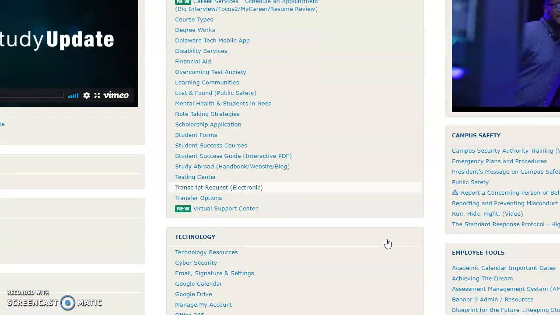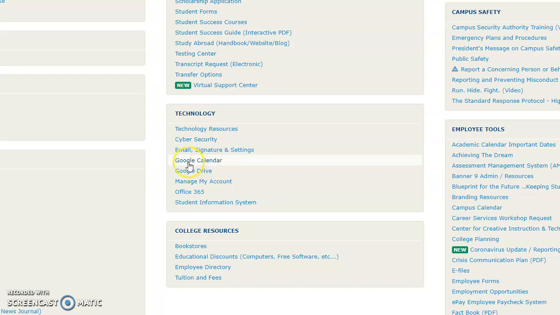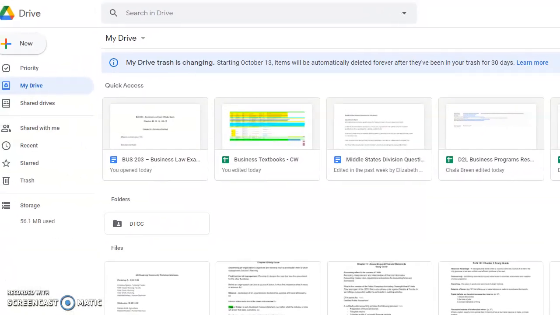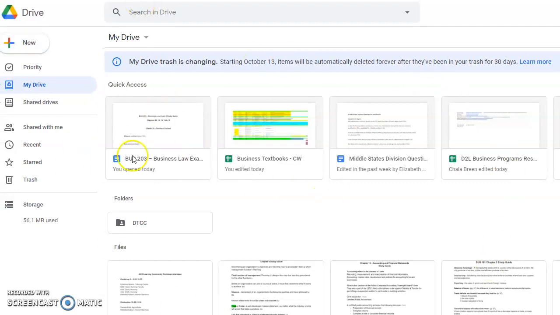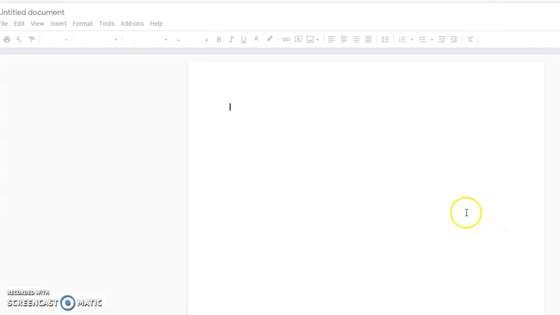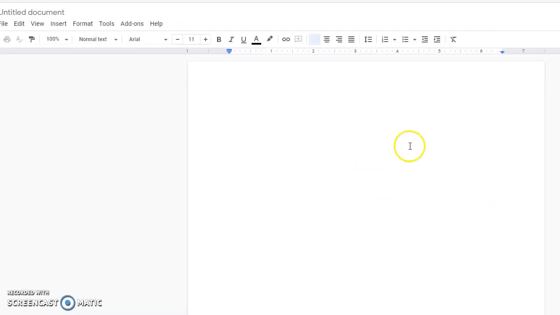once you're in My DTCC, you'll see under Technology, it lists Google Drive, and that's what you're going to want to click. So once you're in there, you'll go to the Google Drive. You see I have a lot of different things in my Google Drive, but you're going to want to create a new Google Doc, and that will open up a blank Google Doc. And then you're going to want to paste in there the parts of the paper that I just copied over,